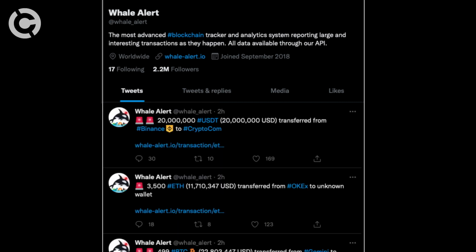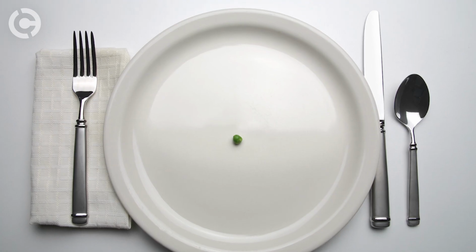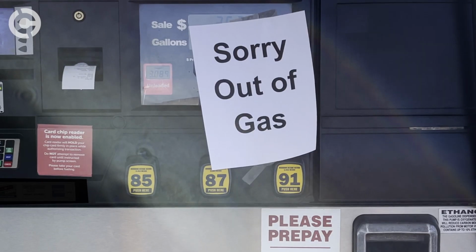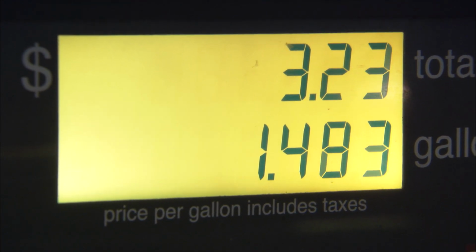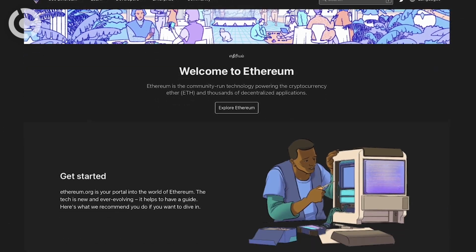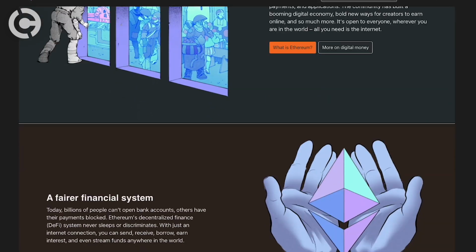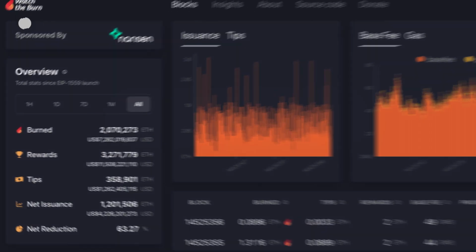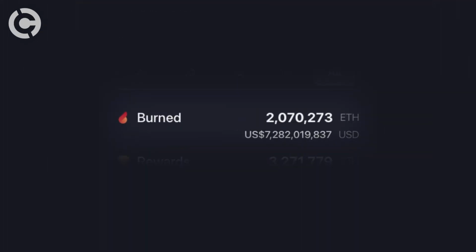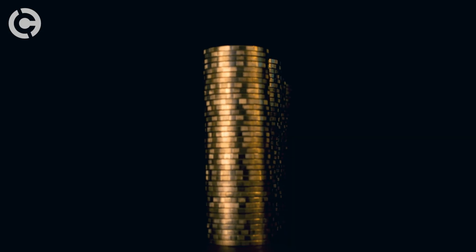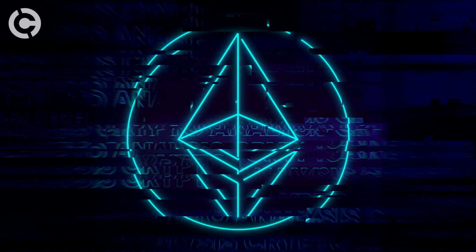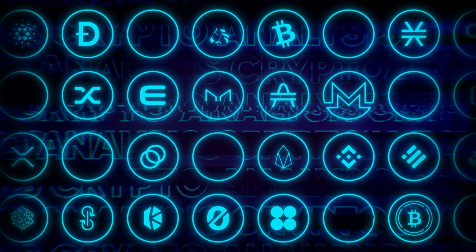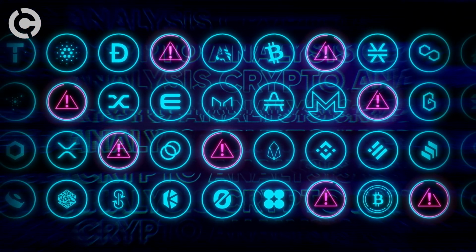Insight into the future scarcity of a crypto asset will tell you whether it's deflationary or inflationary. And basic economics tells us that scarce assets with rising demand pushes up prices. An example of good tokenomics is Ethereum, with its simple and understandable model and widespread ownership. Adding in the burning of over $7 billion worth of ETH coins in order to limit supply, it paves the way for Ethereum to be deflationary. And with its obvious utility, it's easy to see why it's appealing to investors. And examples of bad tokenomics can be found throughout the crypto world.